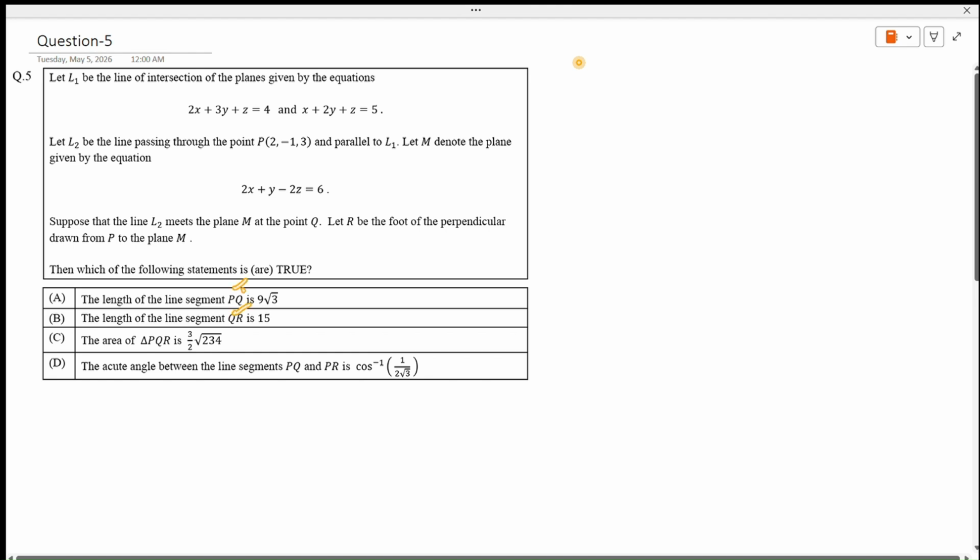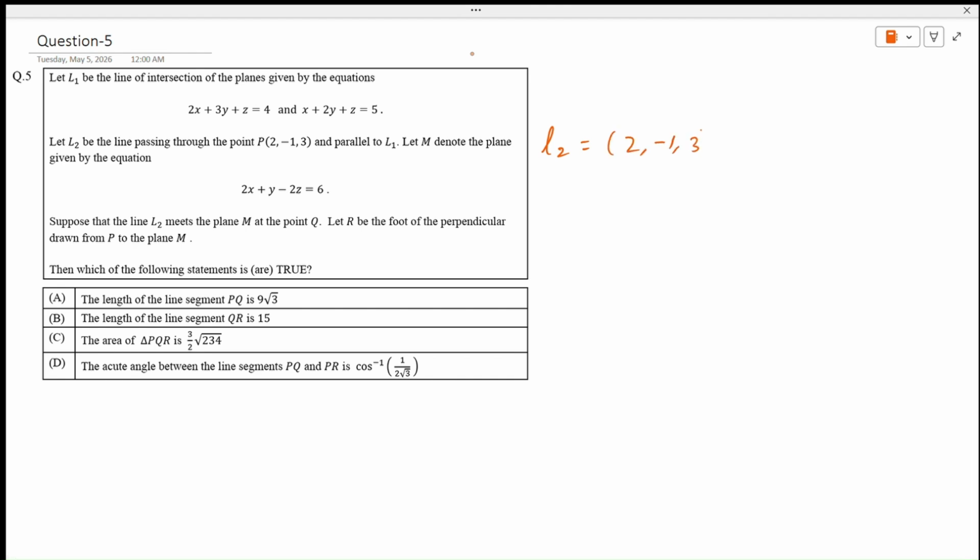So we have to find Q and R. Then we can find the area. Then we can find the angle between the two vectors. Okay. Now, first, let us find L2. Since L2 is passing through P, so we can write 2, minus 1, 3 plus lambda